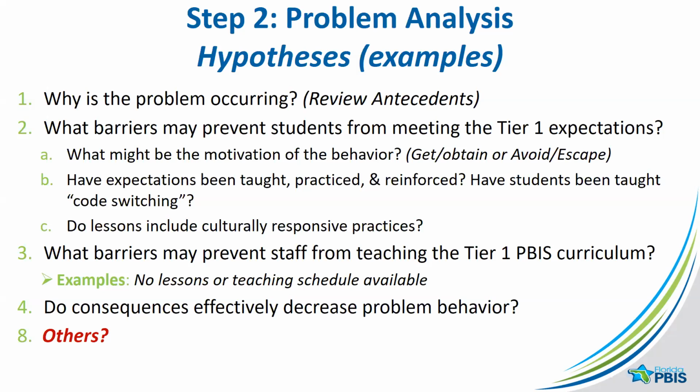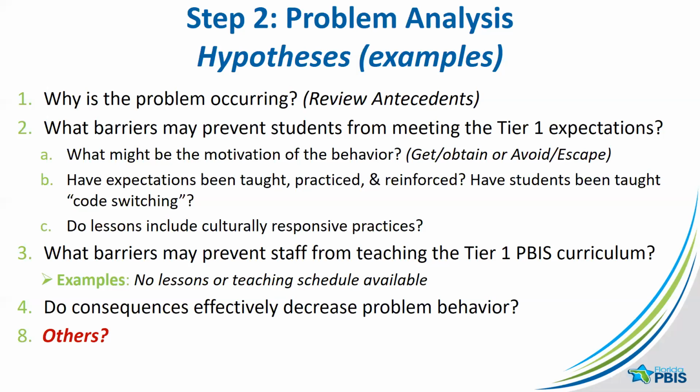So having addressed and developed a priority in problem ID and developed a statement to define that problem in measurable terms, now we're in a place to really start thinking about some hypotheses. So for example, if we were thinking about why would, let's say 60% of our classroom referrals be for disruption, what is it about that instructional environment that might be resulting in disruptive behaviors? So this is where we want to really get at, why is the problem occurring? Why are these referrals coming from these locations or these times of day or from these activities? And why is it involving these students or these teachers or these classrooms?